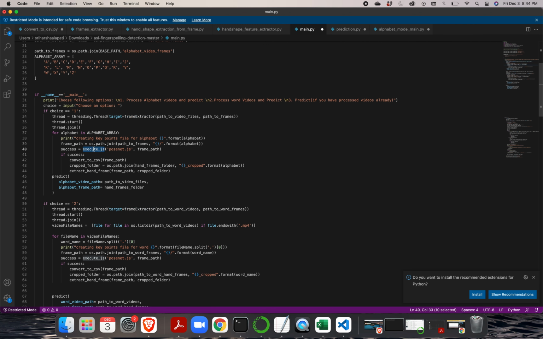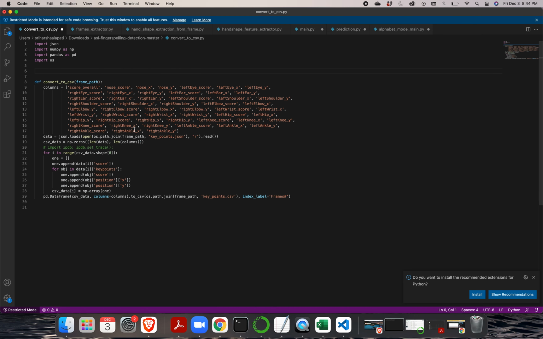And we have used execute JSON because it will execute the .js file with the given parameters, and it will generate a JSON file. And as we need to send a CSV file, it would be much easier, so we have converted it into CSV using a small piece of code. And here it will generate a keypoints.csv file, and then